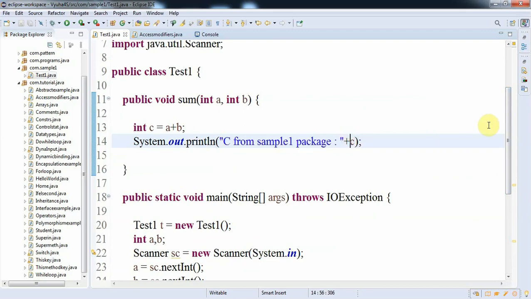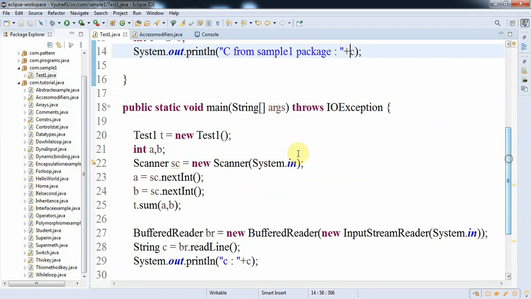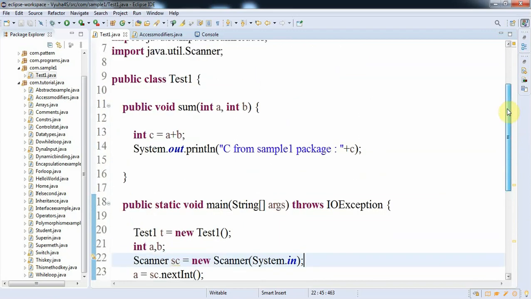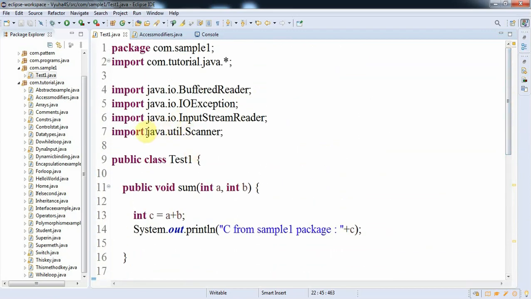So here you can see I have used the scanner class. Directly if we write scanner sc equal to new scanner of system.in, it will not work, because it is from Java built-in packages, which is, here you can see I have added java.util.scanner. Because of that, we need to import Java built-in packages, or if at all we create any custom packages, we have to import those particular packages in order to make use of those functionalities.